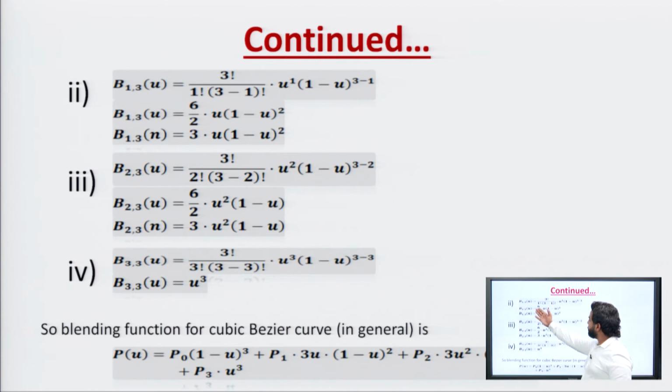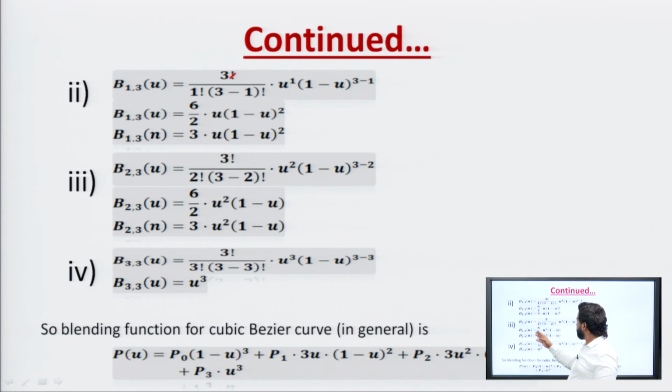Then we will calculate the second Bernstein polynomial, B(1,3), putting the same values, i equal to 1 now and n will remain 3. So the value changes and it can be executed easily. Here we get 3 factorial over 1 factorial times (3 minus 1) factorial, that is 2. Then u to the power i, with i equal to 1, so u becomes u. Then (1 minus u) to the power 3 minus 1, that comes out to be 2. So here we get 6 upon 2, that is 3, u to the power 1, that is u, times (1 minus u) whole square.